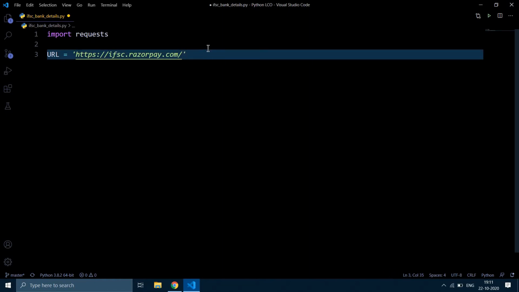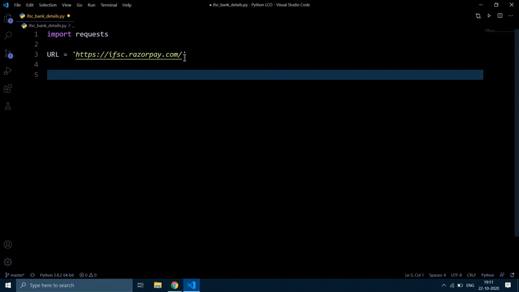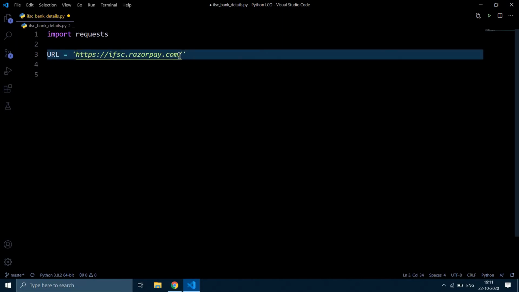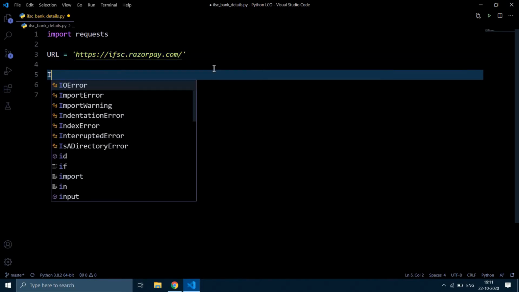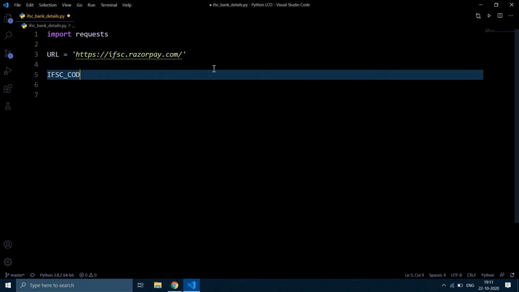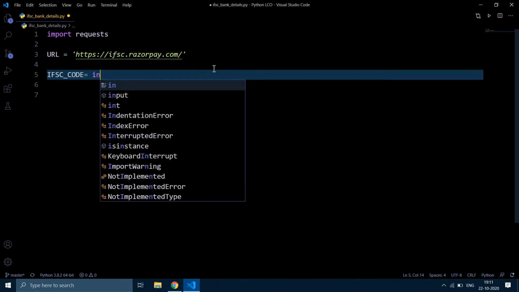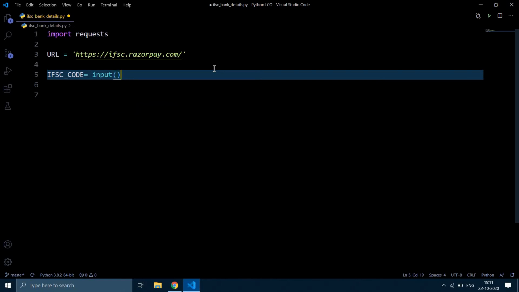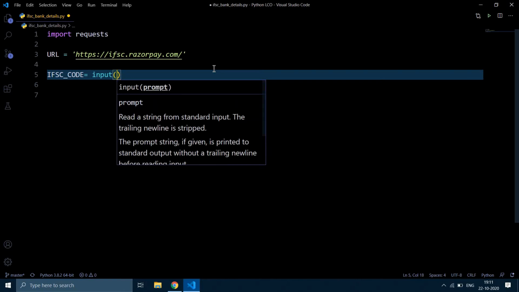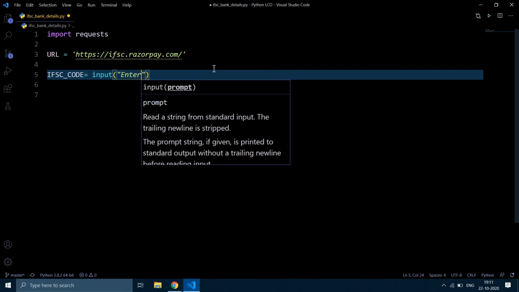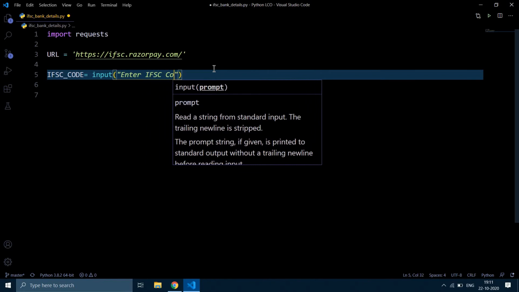And we need the IFSC code, which we will be passing here. So now let's take the IFSC code as the input from the user. IFSC code equal to input. Let's say, enter IFSC code.